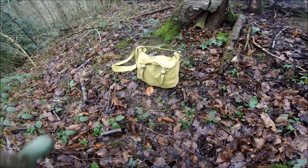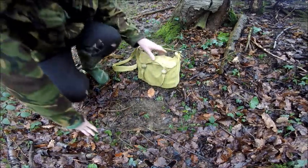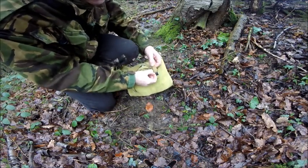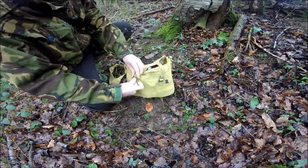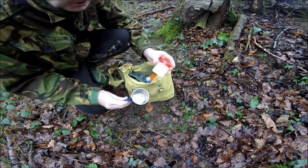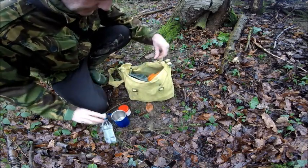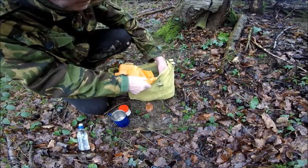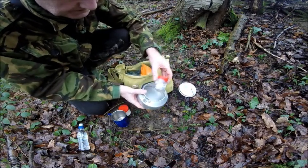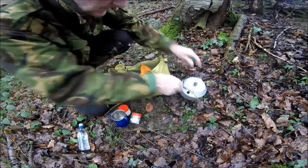Okay, just gonna go through the kit that I got with me today. Show you the stove and the kettle and stuff I've used before, but in my cup of tea making video I did before. There's an insulated mug, got some milk, water, kettle. Inside there is tea bags and a lighter, and this is the